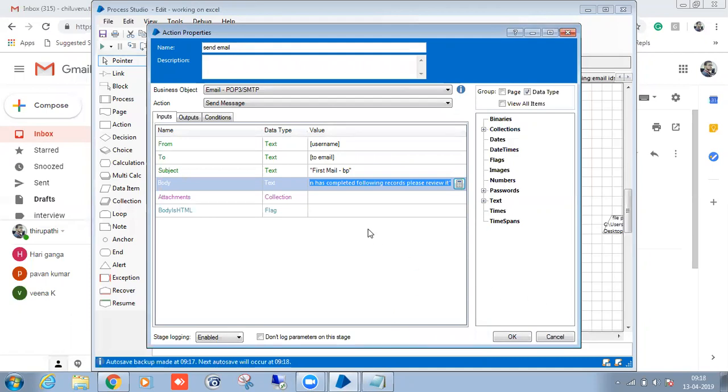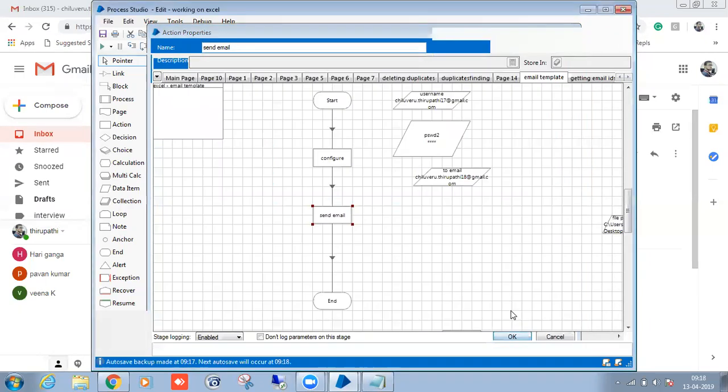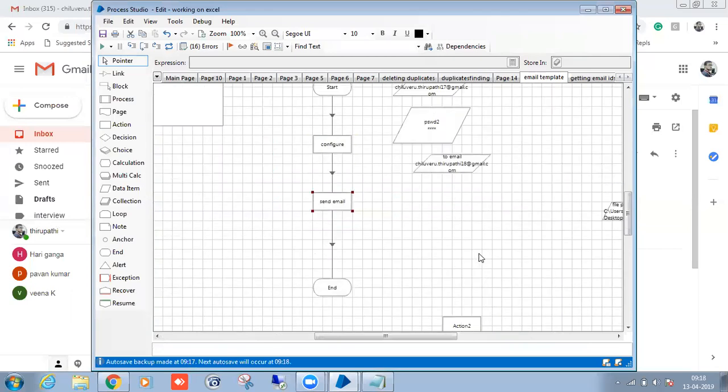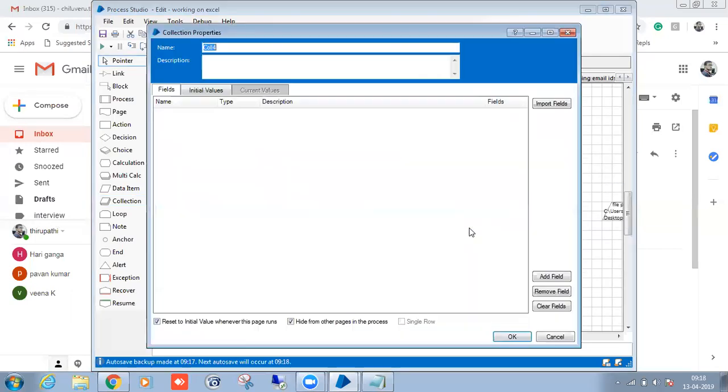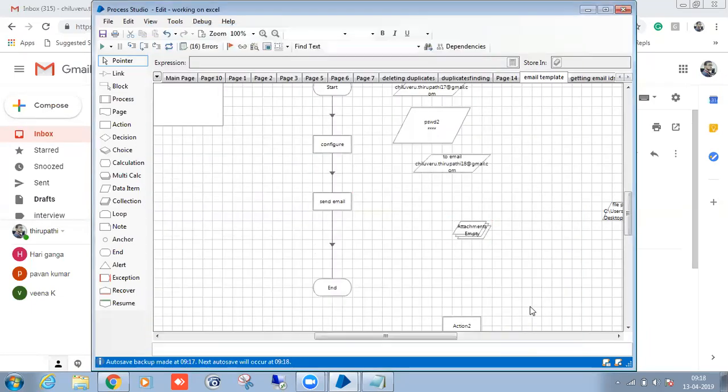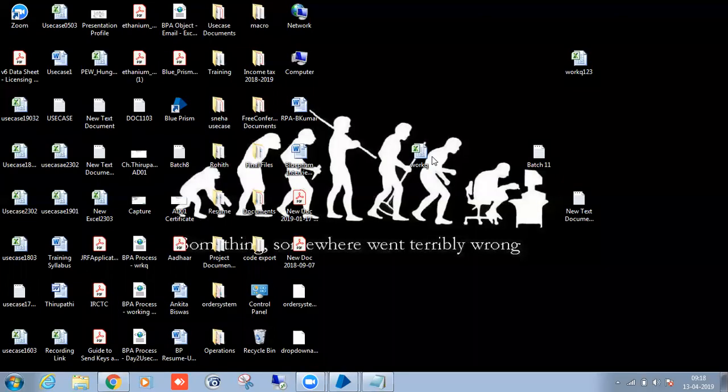Okay, suppose I want to attach some attachments. Path, text. Suppose I want to send this Excel file.